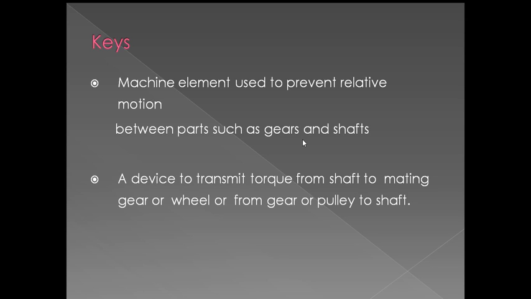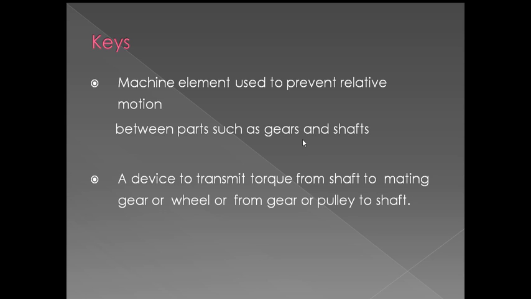So here we are transmitting the torque in a positive way, transmitting the power in a positive way. Positive means there is no relative motion between the shaft and the parts. If the shaft and external parts like gears and pulleys are mated without a key, it is called negative transmission, because there may be a chance of slip between the external part like a gear and the shaft. Here the connection between the shaft and the external part is purely frictional, so sometimes it may slip.